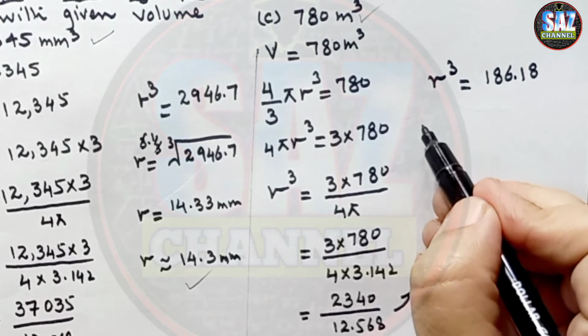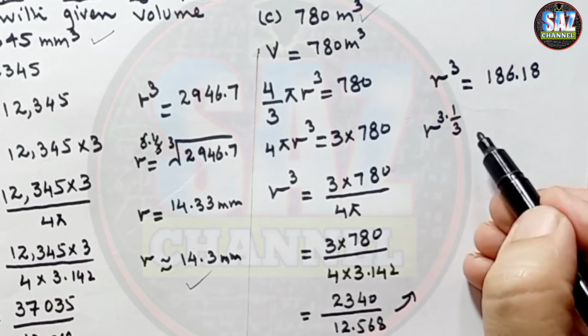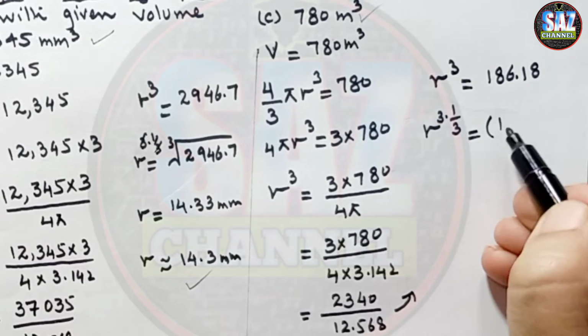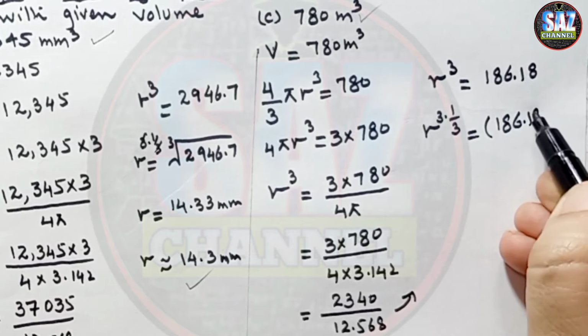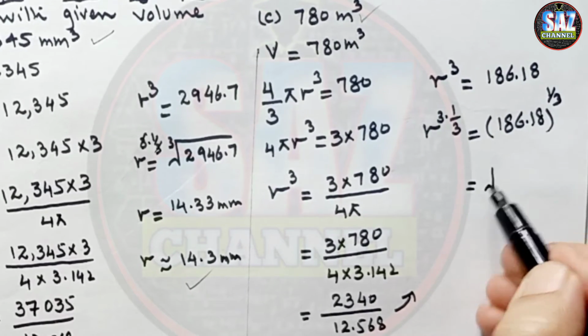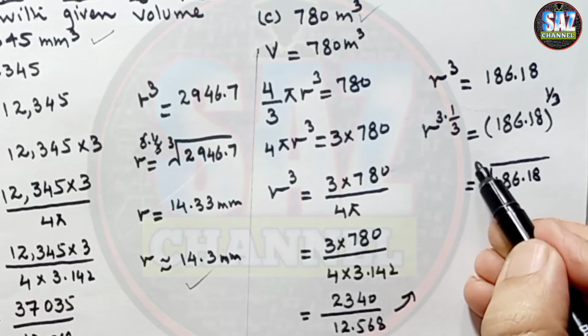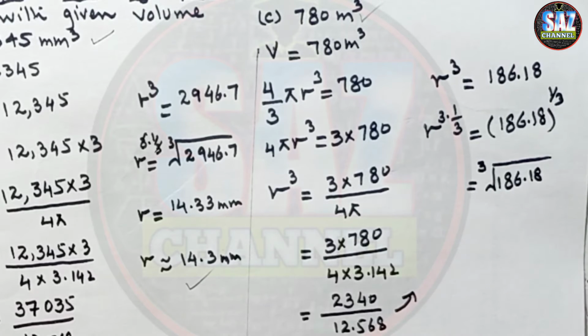And now in order to get the value of r, we have to take the cube root on both sides, raised to the power of 1 by 3, and 186.18 raised to the power of 1 by 3 can be written in the form 186.18 cube root. And now I have to press the shift key and then the cube root key, and write down the value 186.18, and that gives me 5.71